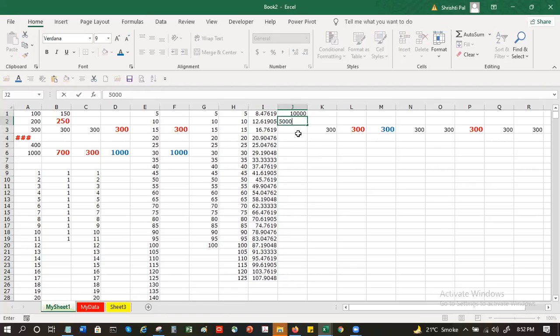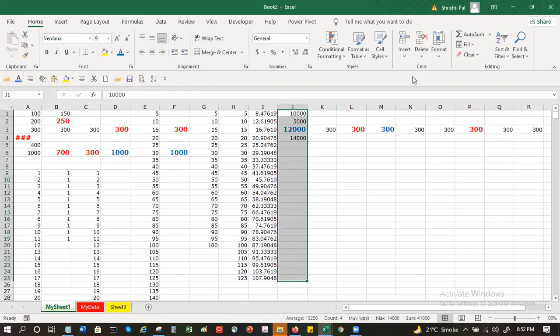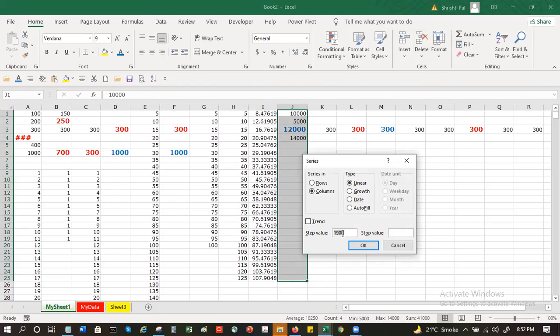The second day 5,000, third day 12,000. I'm just entering some values, let's say Monday, Tuesday, Wednesday, Thursday, for the month, and then I try to predict a trend here and see, is there a trend here?